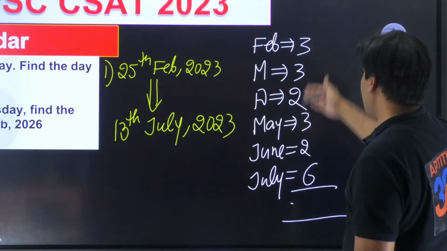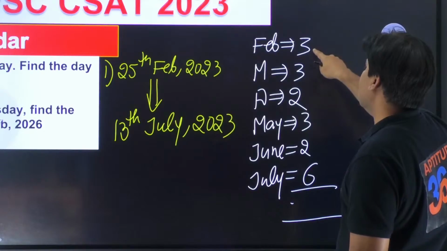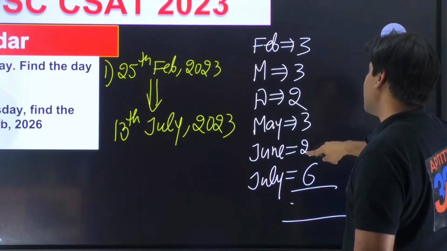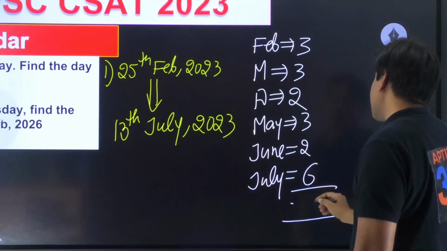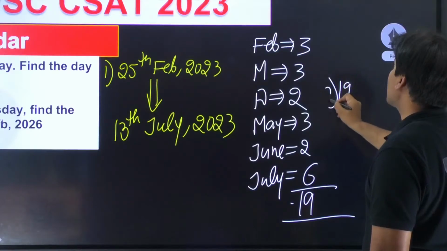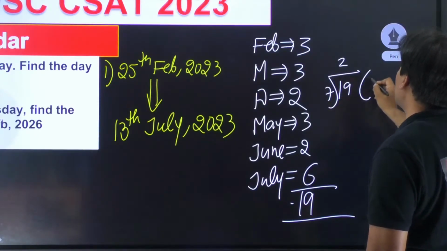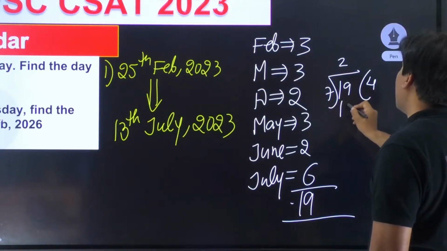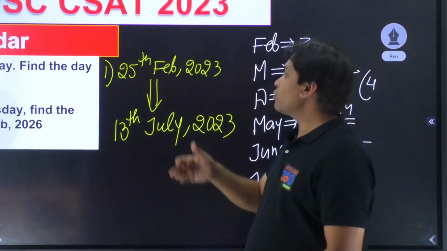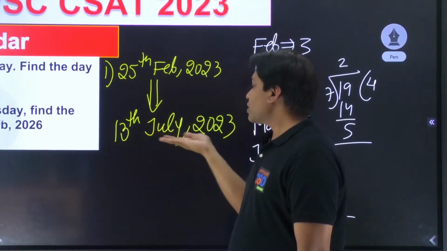All right then. If you add them up, what is the value that you will be getting? 3, 3, 6, 6 to 8, 8, 3, 11, 11 to 13, 13 and 6, 19. What you should be doing is, 19 should be divided by 7, and then this is 5. So if you have to find out what is going to be the day of the week on 13th of July,